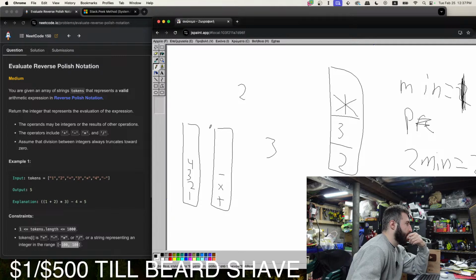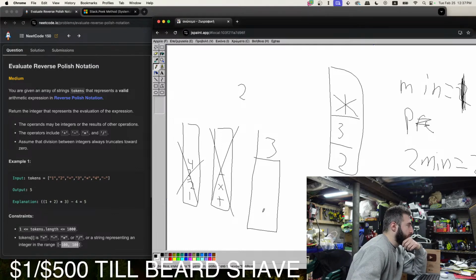You know what? I don't think we need this operator stack. I think we can do it so that we just have a stack. Is the current element a number? If it is, put it in the stack. It's not, it's plus. Then we pop 2 elements from the stack. We pop plus 2 and 1, and we get the solution 3. Then we put that in the stack.